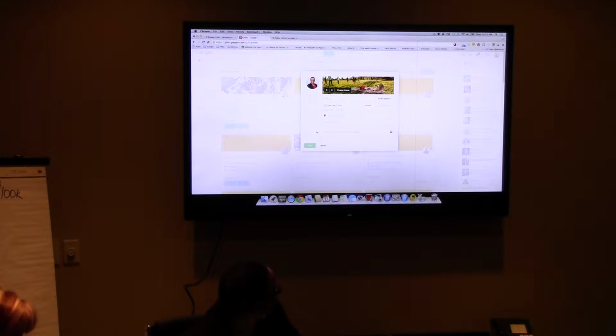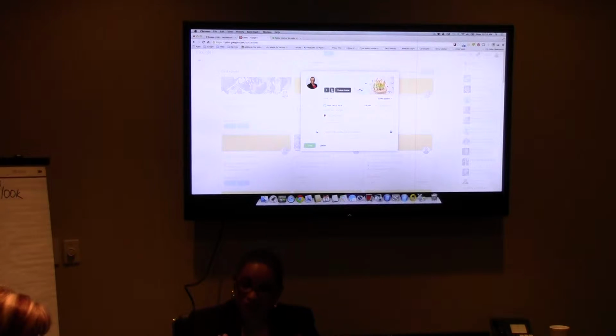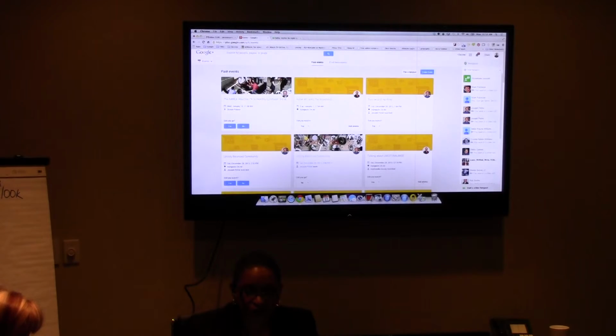I don't know if you can see it, but that's moving. You notice the grass is moving? Can you see it? No. Well, the grass is actually moving in that image. Let me see if I can find another. You see the water moving? Okay, so you see the fire, the flame? So they've got all kinds of GIF files in here that makes it kind of interactive. And of course, you can pull your own images in. So when you set up events and you advertise them, you can take that link and you can use it on other platforms once that event is set up.